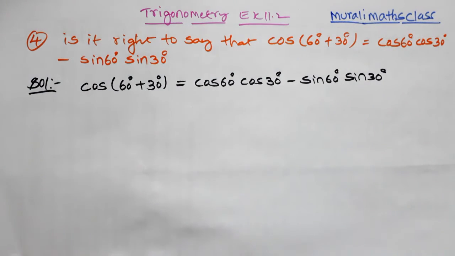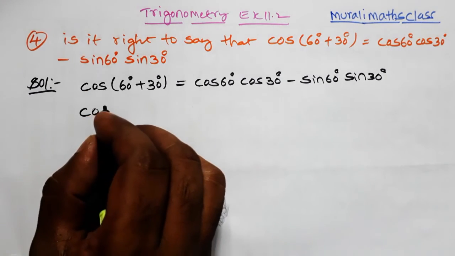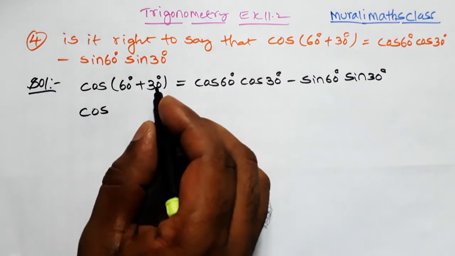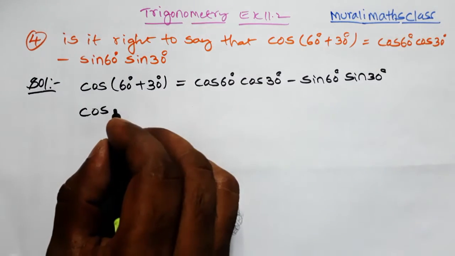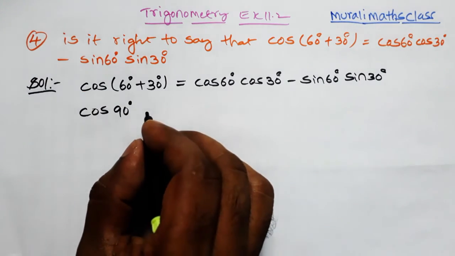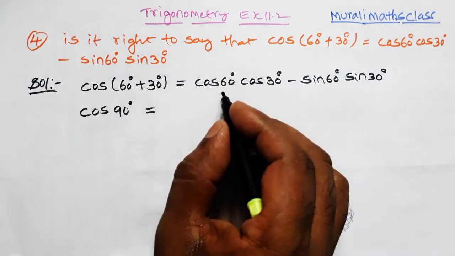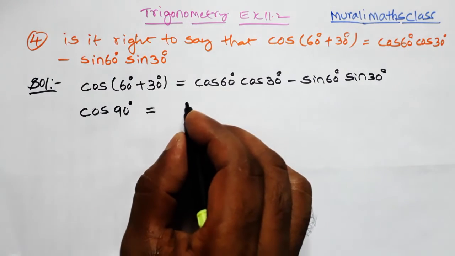That is given in the problem. Now cos 60 plus 30, these both angles you add, 60 plus 30, we will get 90 degrees, equals cos 60. What is the value of cos 60? Cos 60 value is 1 by 2